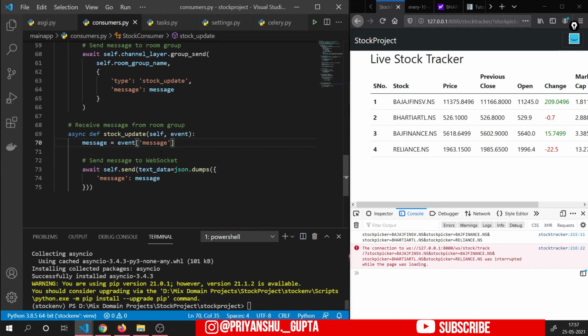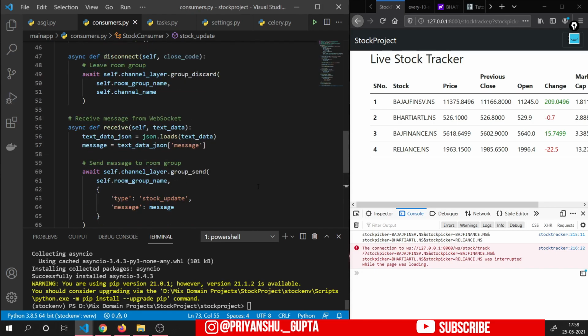So now we have message here, and then we will send that data using self.send and json.dumps, and let's remove this, right? And it's good to go, right?